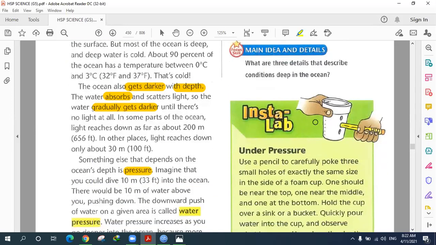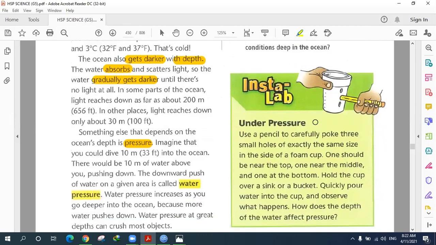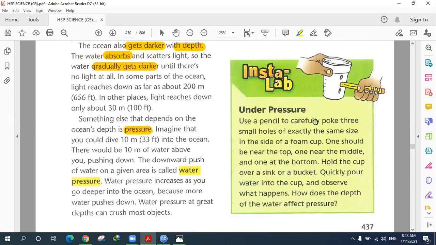The pressure increases as soon as you go under the earth, or in the ocean. We're talking about the Earth's layers, and we said that the pressure increases as we go deeper in the Earth's layers. That's right. Well done. But what happens with the water? Because the water will press on you.